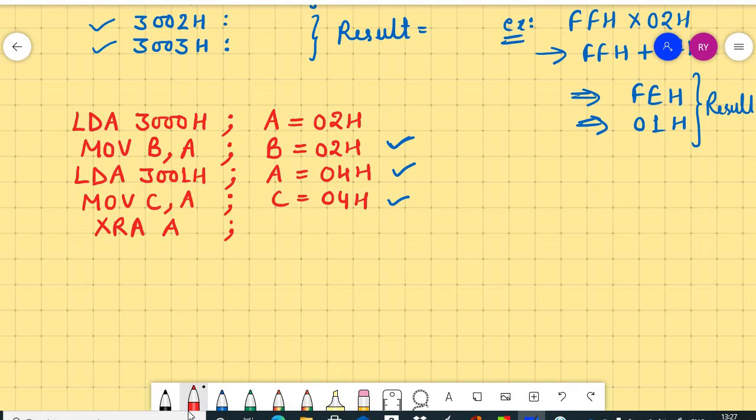Any instruction can be used for clearing the accumulator, and the value of the accumulator is 00H. Another register is required for storing the carry, and that also requires clearing: MVI D, 00H. So D is equal to 00H.